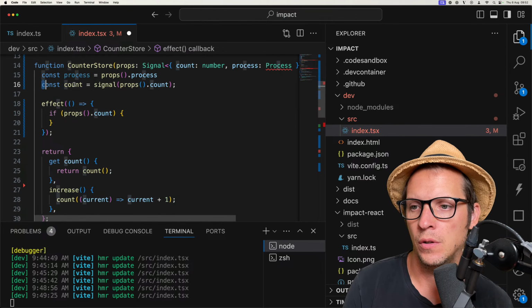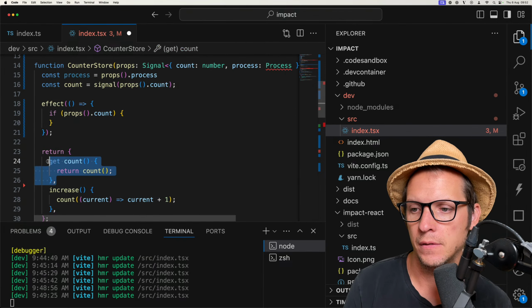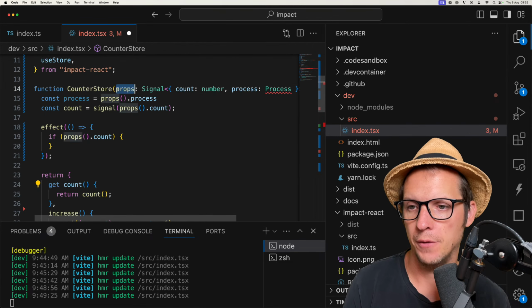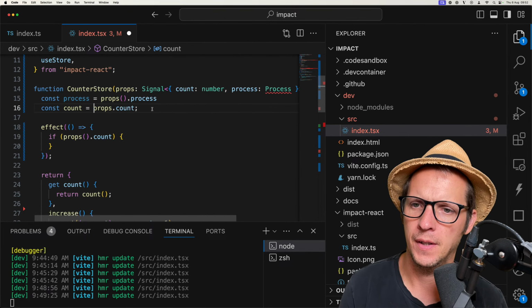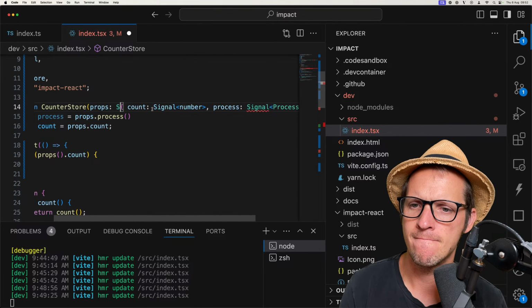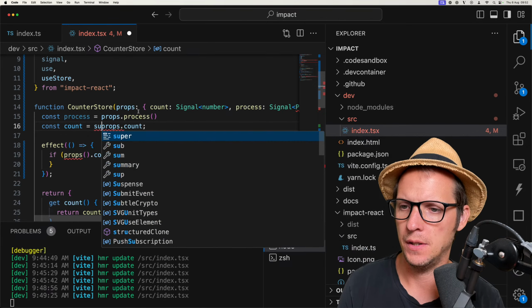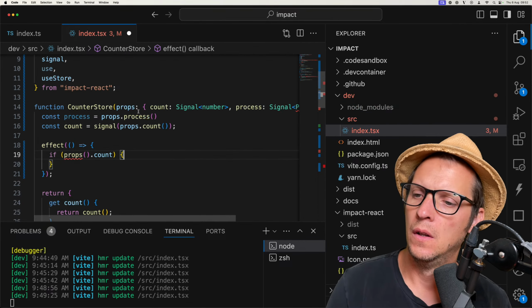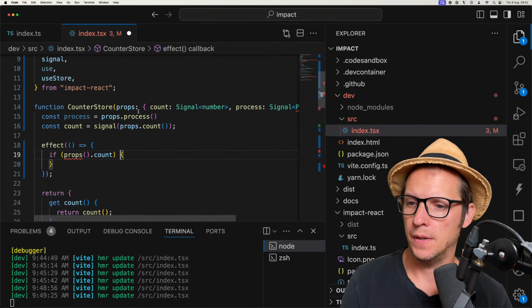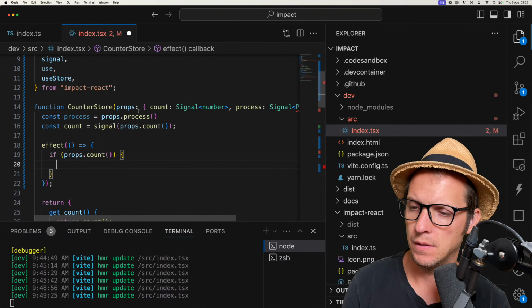So now I control the exposed count here, apart from the count coming in. But we could do that if, yeah. We could do that here as well. Like I could say signal props count. Now I have my own count, and then I can go and look at the props count, and if something happens to it,